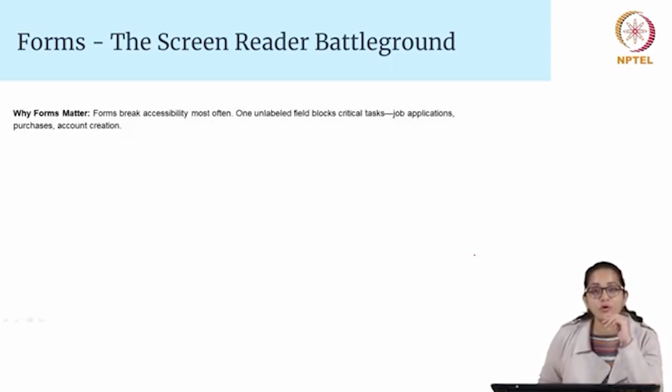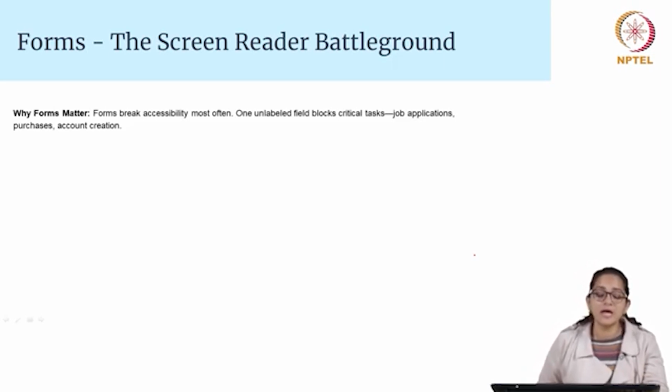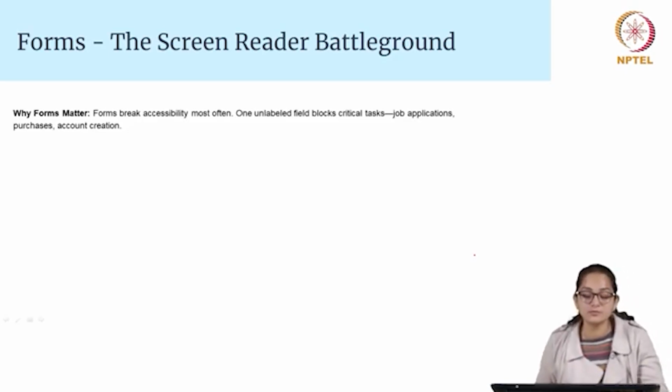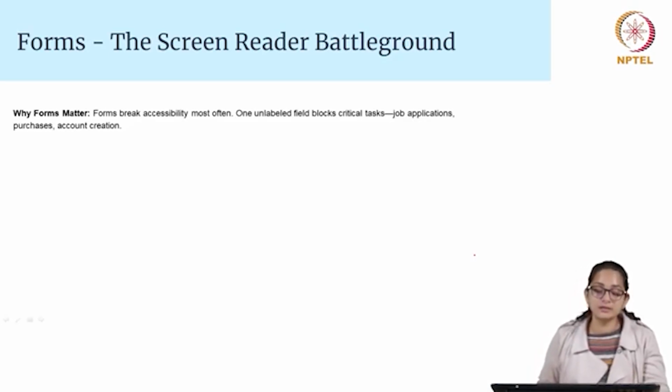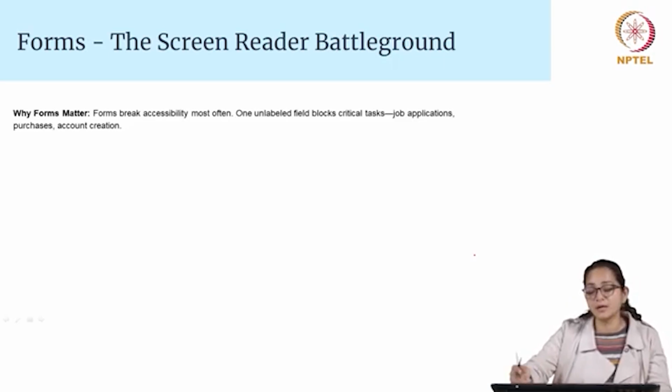Now let us come to forms and why forms are a specific use case altogether, and we have to be very careful, particularly when we are adding accessibility to forms. Why is it that forms break accessibility most often? One of the reasons is that the fields may have no signifiers or they are not labeled properly, and it is a critical part of